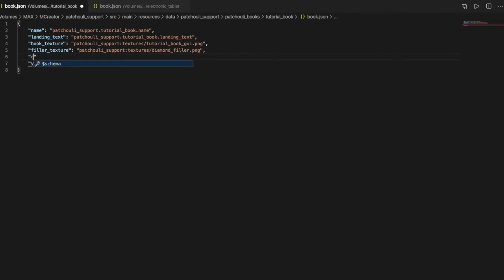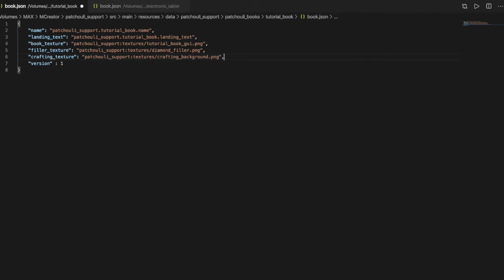It's crafting_texture, and like the previous one, you can put patchouli_support:textures/crafting_background.png, comma. So this is for the crafting texture.